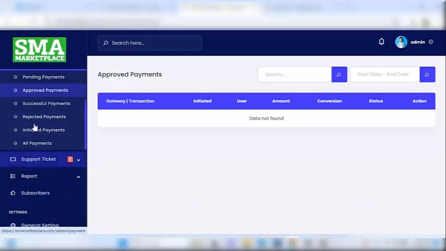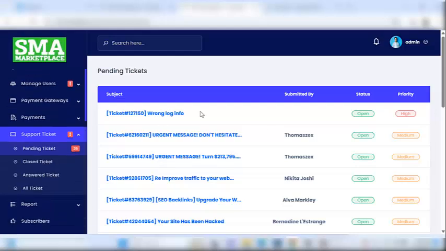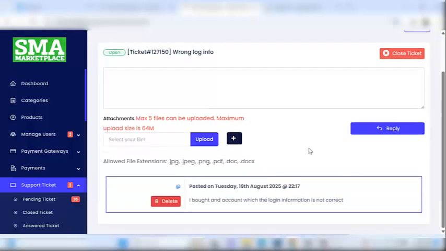Now, if a user sends a ticket, that's a complaint via their dashboard as a user, you'll be able to see it here. This is what I did. Look at it. You see the ticket has been opened, so you can see it under pending tickets and open it, right? Then you open it from here. If you click on that particular one, it will open. Then you can reply,